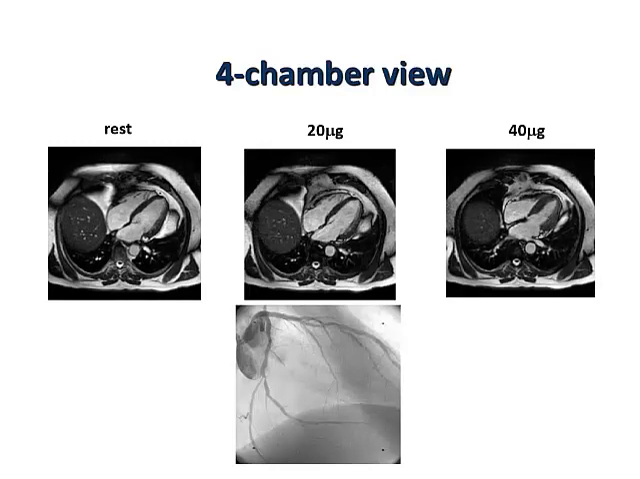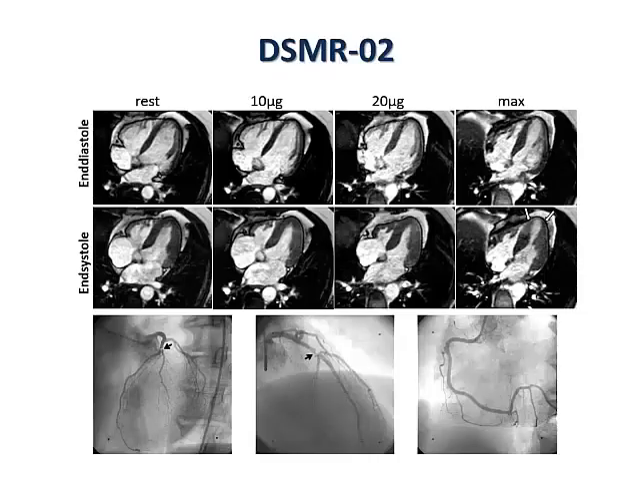We send the patient to the cath lab, and we can see a significant stenosis at the ostium of the first marginal branch. Another example of a patient with dobutamine stress MRI, we see here the end systolic frames, and